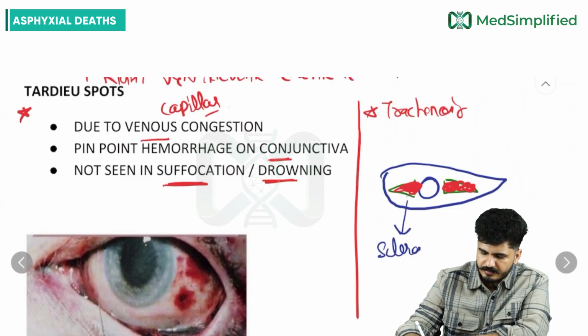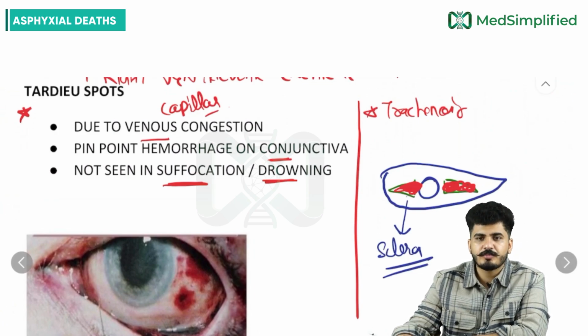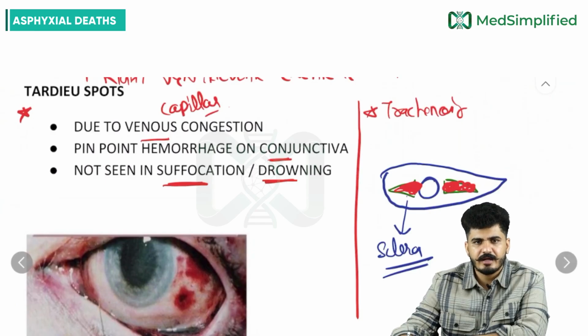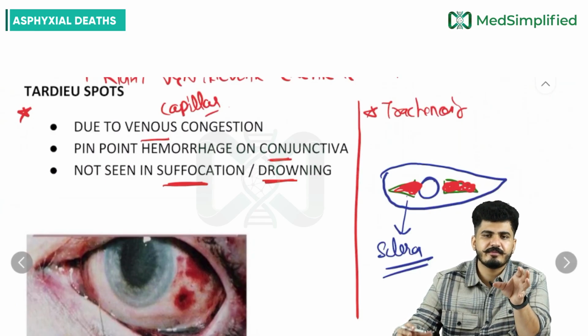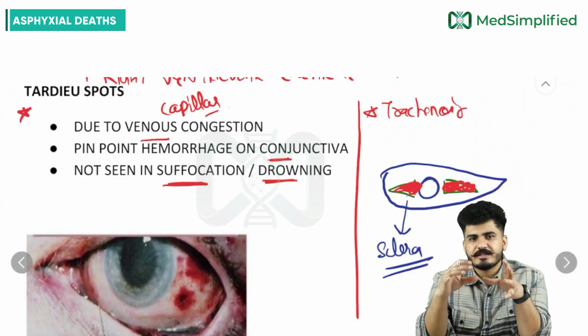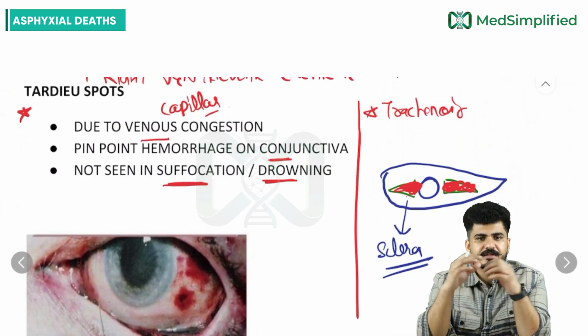Sclera. But Tardieu spot, if we compare right here, sir, with the Tardieu spot, conjunctiva is involved, my dear friends. And trachea noir is seen in normal death also. And Tardieu spot is specifically dealt with what, sir? It is seen in the congestion. Whenever there is a suffocation,